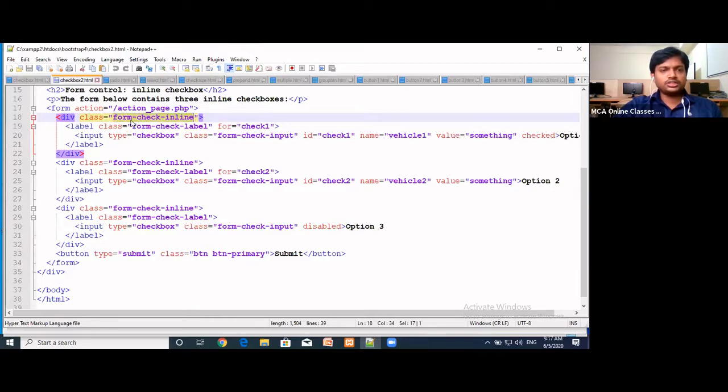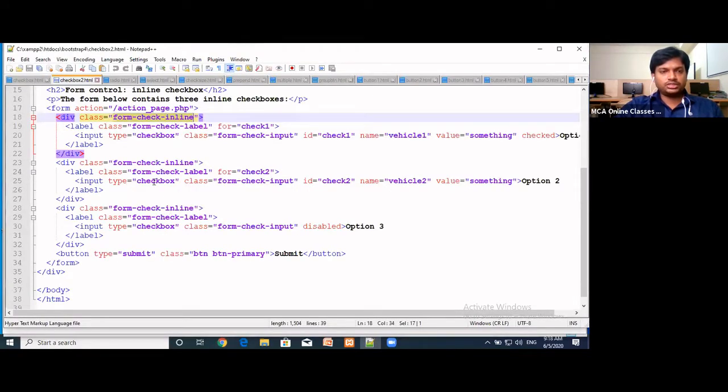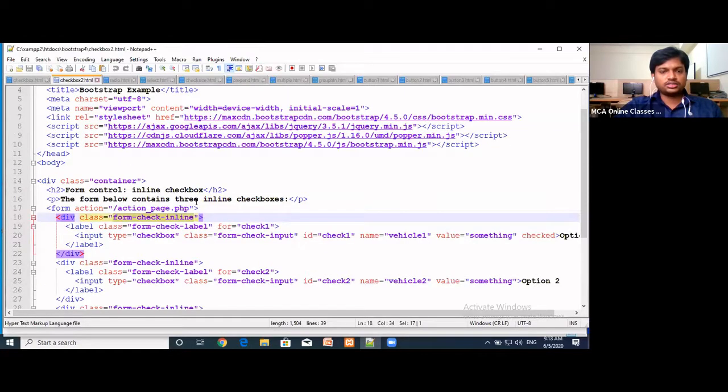So form-check-inline will make all our checkboxes appear in the same line. Once I submit, we can link some pages upon this submit. That is, upon form action, we can link to other pages. So this is regarding checkboxes.